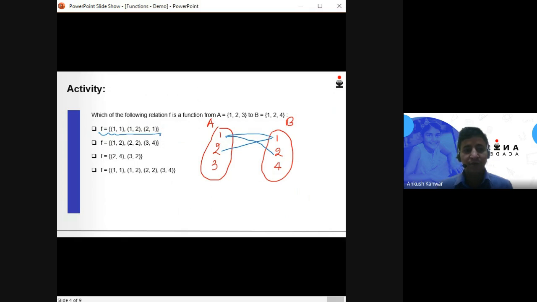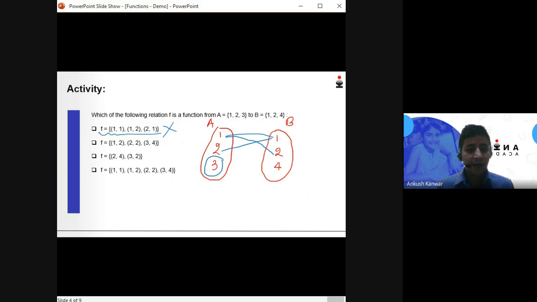In order to say that any relation F is a function from a non-empty set A to a non-empty set B, we need to check that all the elements of set A have a unique image in set B. Here we have element 3 in set A, which does not have an image in set B. So the first option cannot be a function.